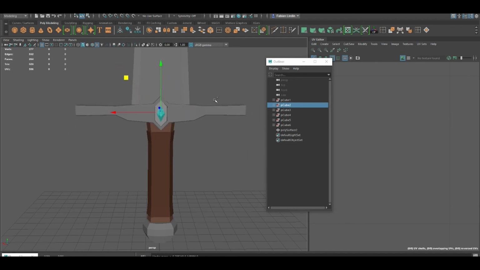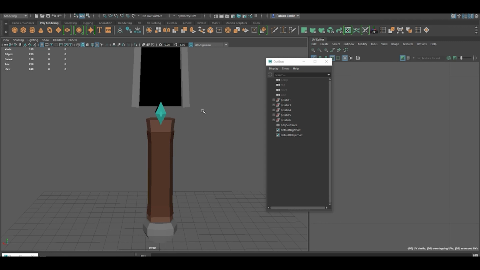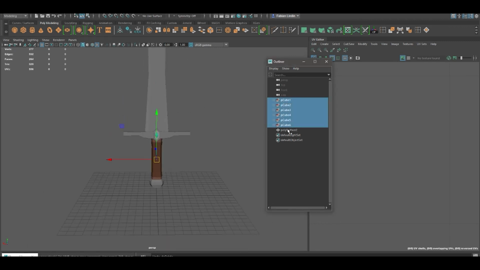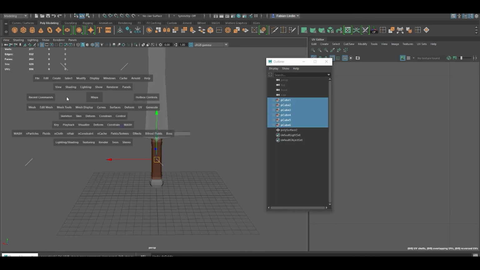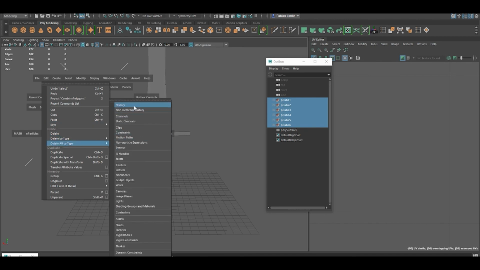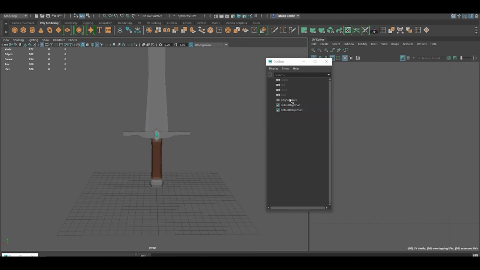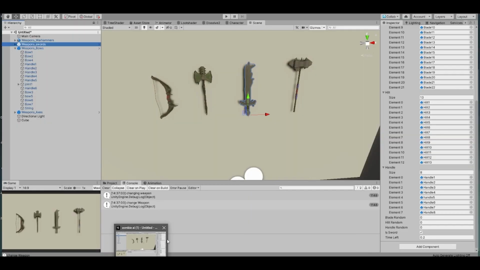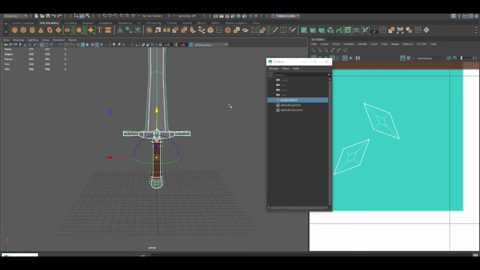So if you're gonna remove one of those, you remove a bit of data. Honestly, you do not need them at all. So what you can do is go into Edit, Delete All by Type, History, and they will disappear. And then you just have this one single object. Because otherwise, if you import it to Unity and you still have them, you're gonna have a lot of